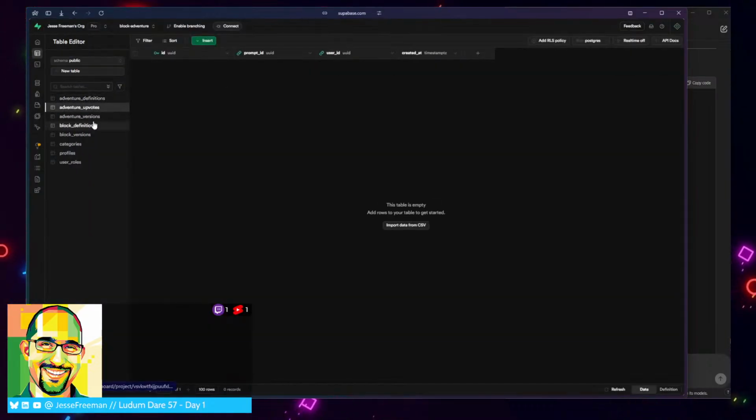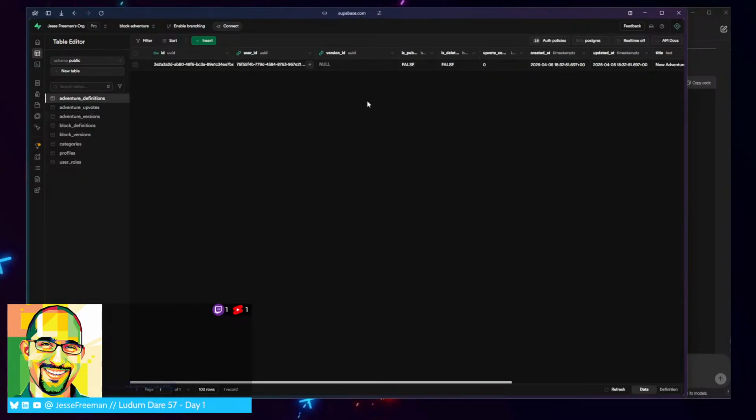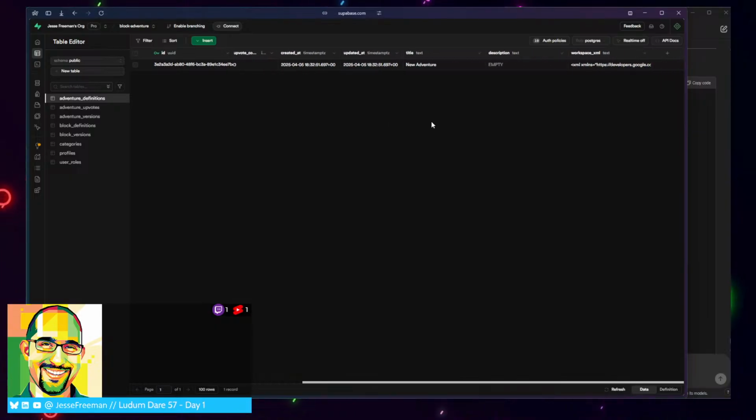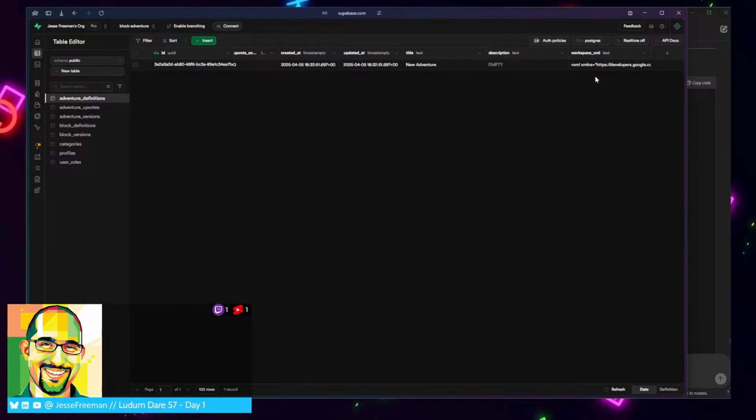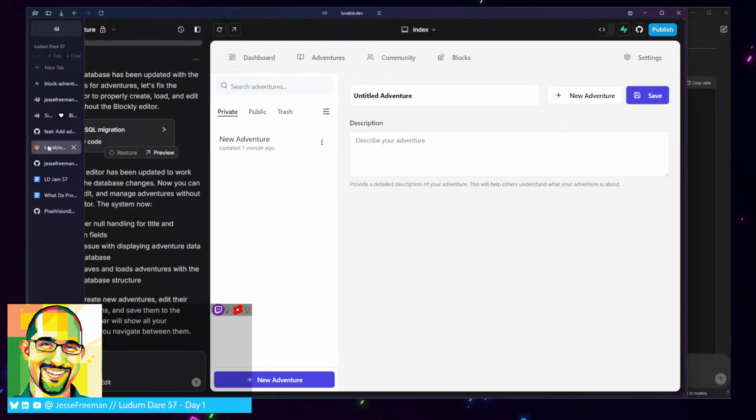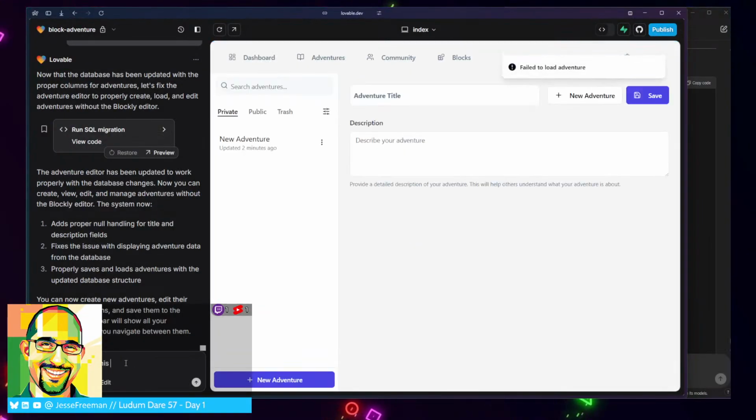All right, the definitions, the update, the versions. Definition. Version ID. Title. Workspace XML. No. You're doing this wrong. You're doing this all wrong. No, you are doing this wrong. The adventures